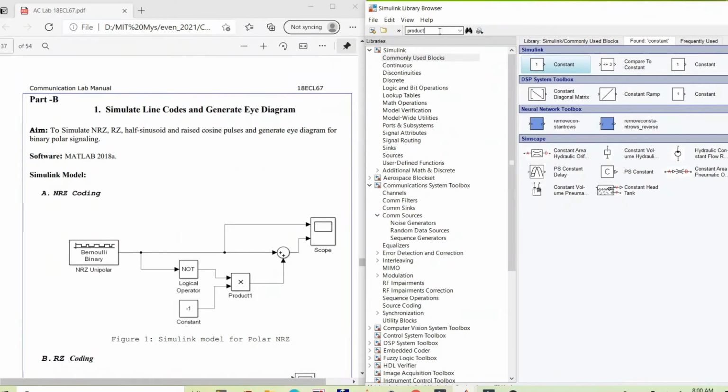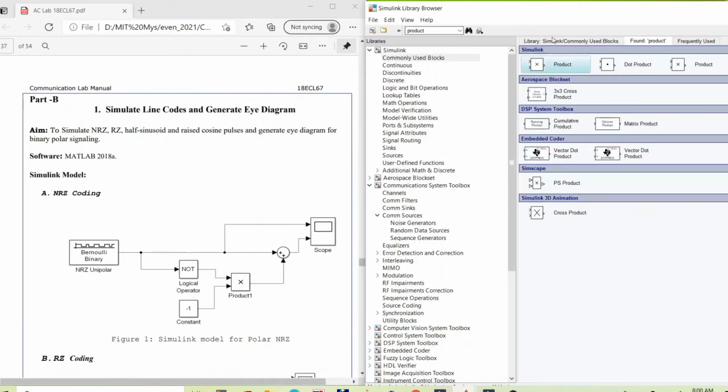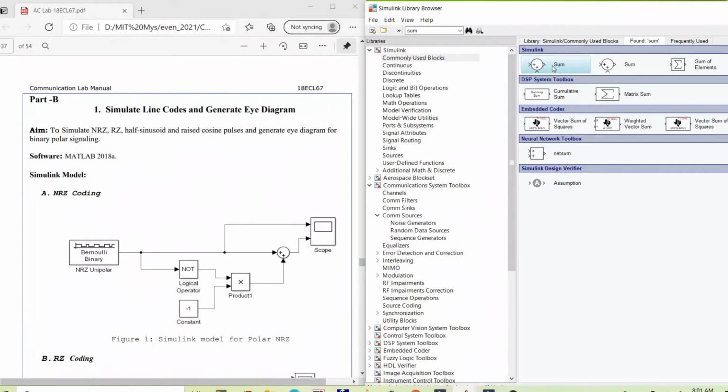Then we need to search for product. The product block is available over here. Add it to untitled. It will be added. We can see that later. Now the next block is sum. So sum is added, and the final block we have is scope.